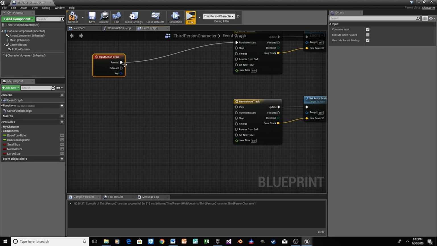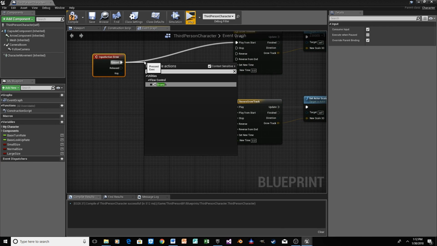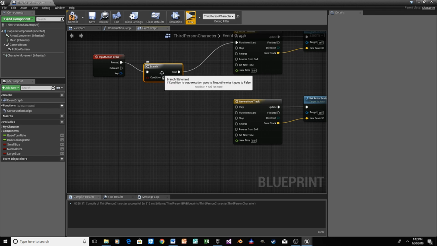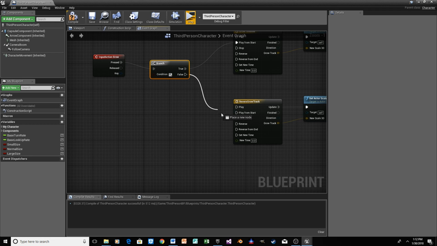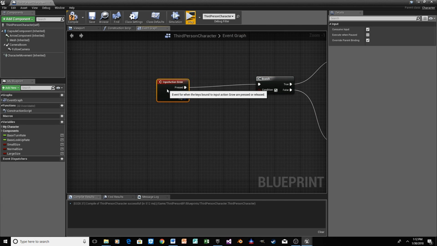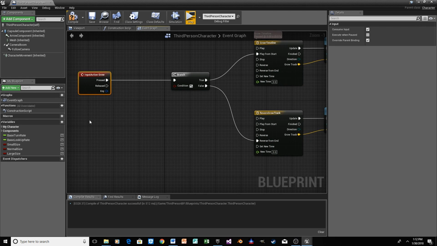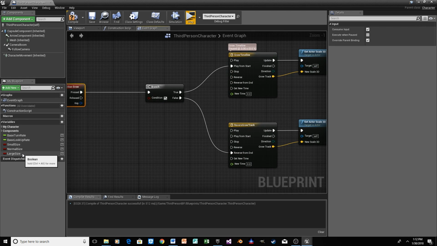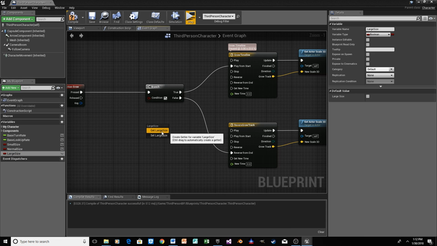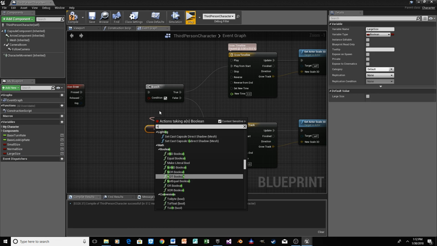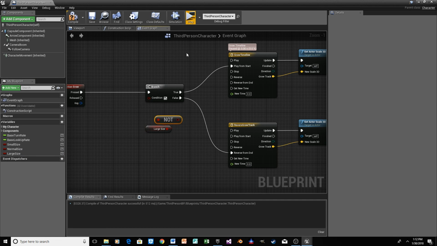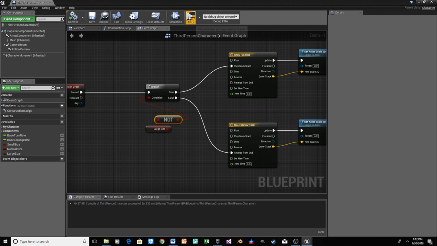Now here we're going to plug in a branch. Off of the true, it's going to go into the first series that we did. Off of the false, we're going to go into the second one and start from reverse from end. And then for the condition here, we are going to check and make sure that it is not large size. So we'll plug in a not boolean here, plug this into the condition, we'll compile, save, and then we will